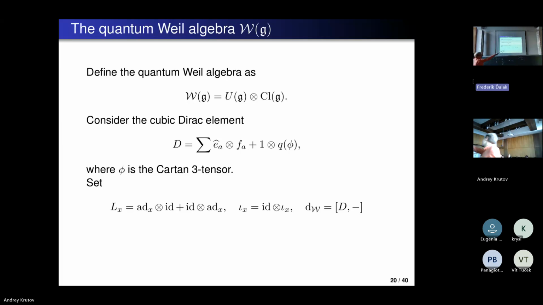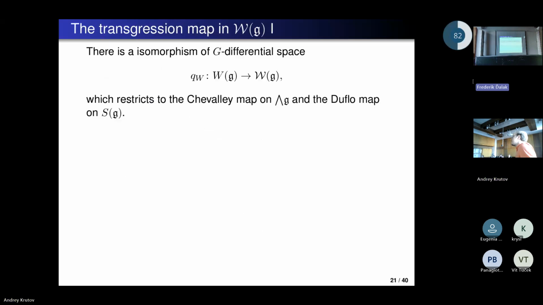So this cubic Dirac operator gives you the differential here, and when you want to speak about homogeneous spaces, some variant of it can be realized as the geometric Dirac operator on the manifold. It's a very nice project to study such things. So it's a G-differential algebra, and there is a Chevalley map, which is quite tricky to construct. It's a combination of the Chevalley map and the Duflo map. I will not write its precise formulas,